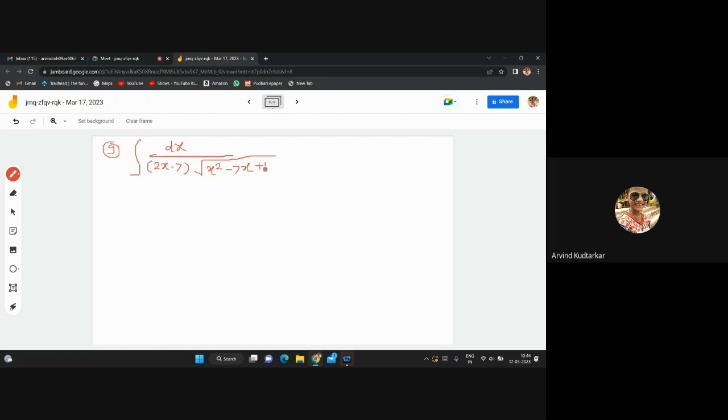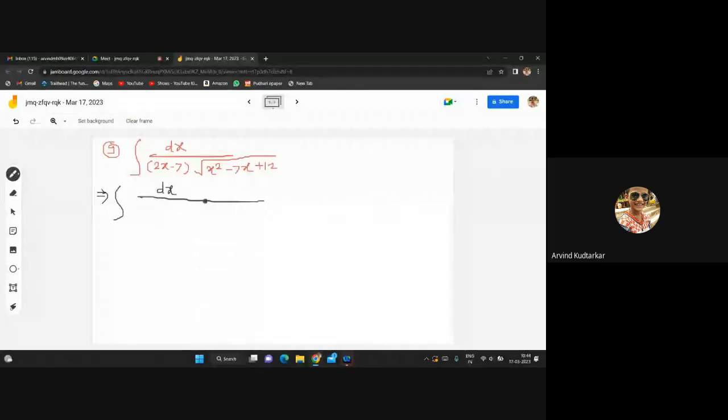We have to write x square minus 7x plus 12 in the form of a perfect square. And how to write it in the form of a perfect square? That is equal to integration of dx upon